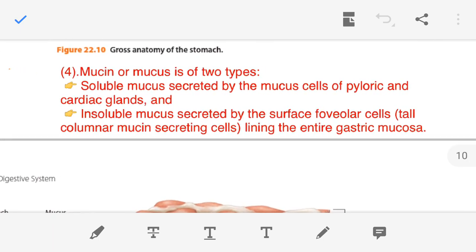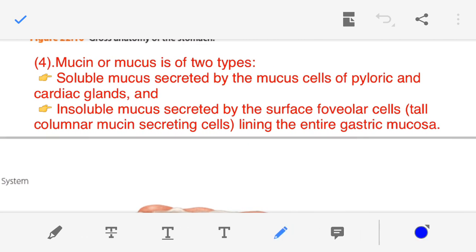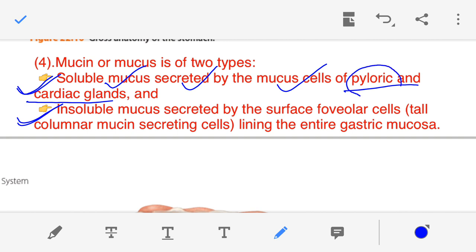Now how is this mucus secreted, what role is this mucus playing, what is the function of this mucus and why is it secreted? First there is a soluble mucus, and the second type is the insoluble mucus. Soluble mucus is secreted by mucus cells of the pyloric and the cardiac gland. We know the stomach is divided into cardiac, fundus, body, and pyloric part. So the gastric glands of the pyloric region and the cardiac region, the mucus cells, secrete the soluble mucus, whereas